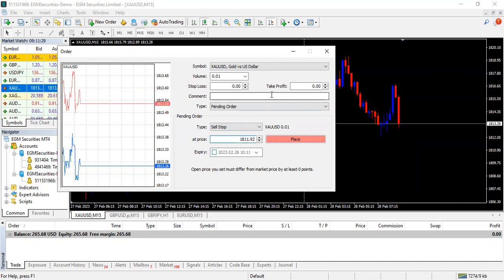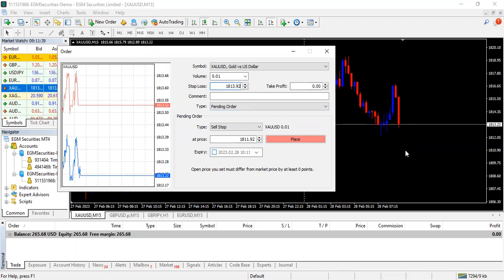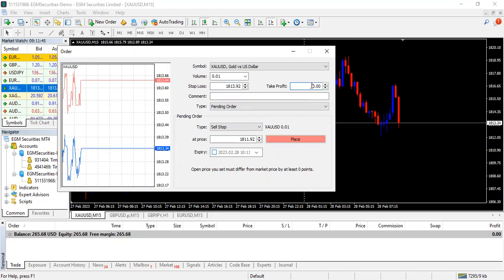11.92. So our stop loss should be above, let's say 20 pips. So it will be 13.92. And our take profit should be below because it's a sell. So let's say we are taking profit at 40 pips. That is a risk to reward ratio of 1:2. So 40 pips, that will be